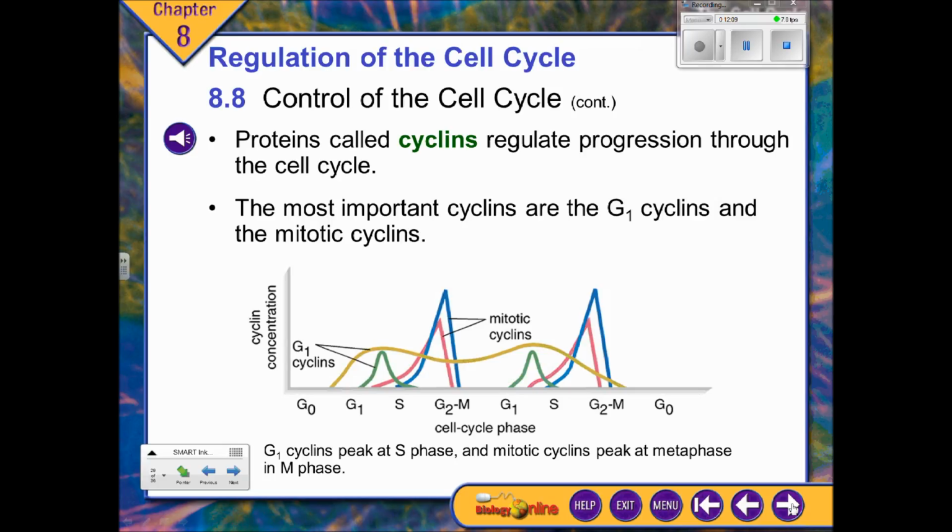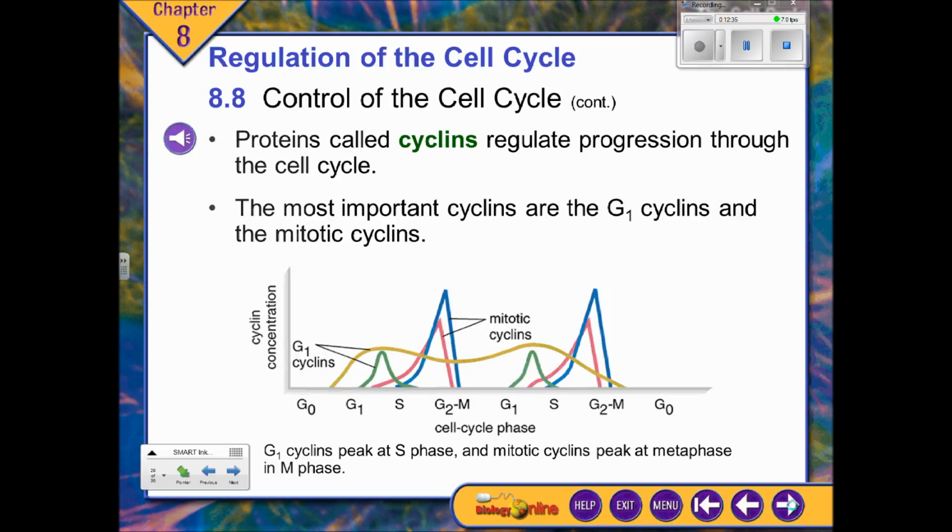That's why they're called cyclins. They cycle. And what it is, the cells have a lot of them at one time in the cell cycle, and then they seem to disappear. This kind of reminds me of the estrus cycle, or the menstrual cycle, for females. Same thing. You have your hormones that peak, or even when people are reproducing, having babies, right? Sometimes we need more or less chemicals. And that's what this is.